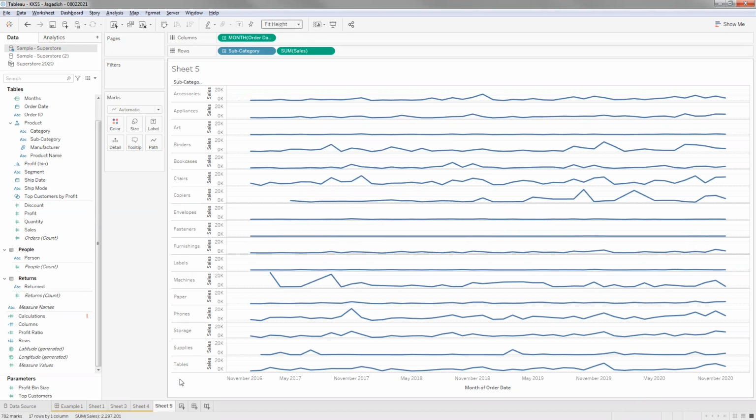If we have 17 here, small minor changes in the lines are not so visible, and it also looks a little clumsy for comparison. This is appliances, and if I have to compare it with some other line, I might misinterpret going up and down between two subcategories.